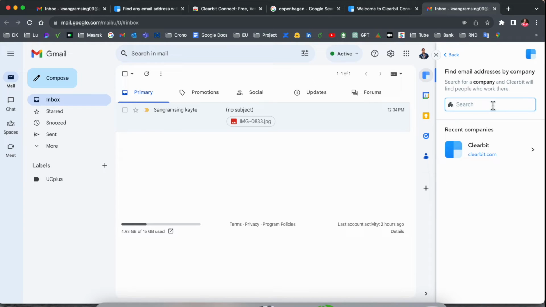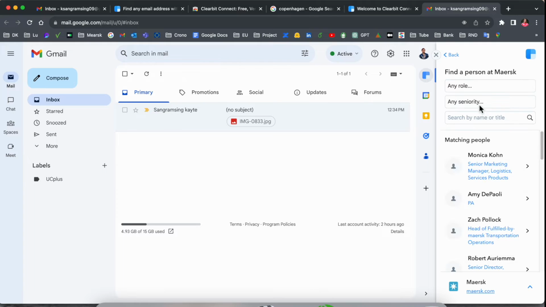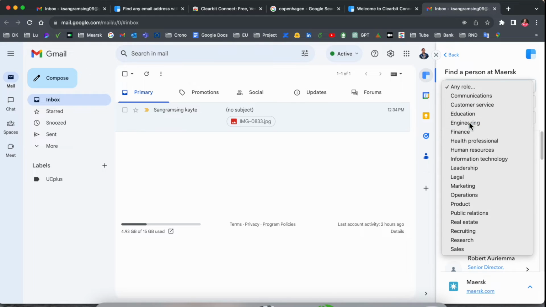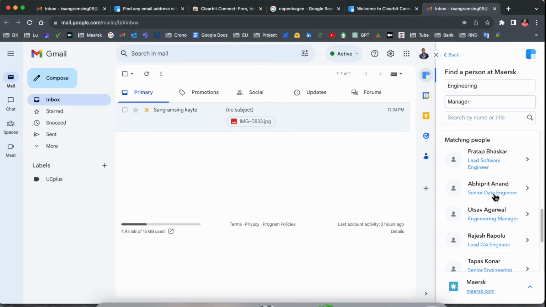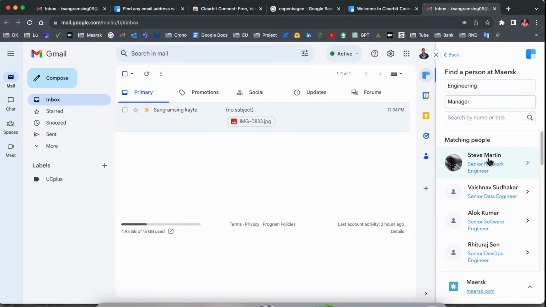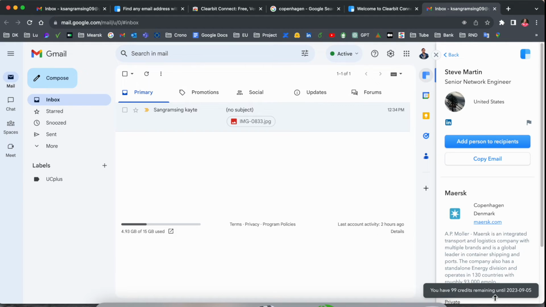Okay, so you simply type the company name here. I type Musk and press enter. For the specific role, you simply search engineering, and after that executive director or manager. We contact the manager directly because managers are hiring. Look at this here, a bunch of manager names is coming up. I simply click Stephen Martin and look at this, get email address, and click. I have 99 credits